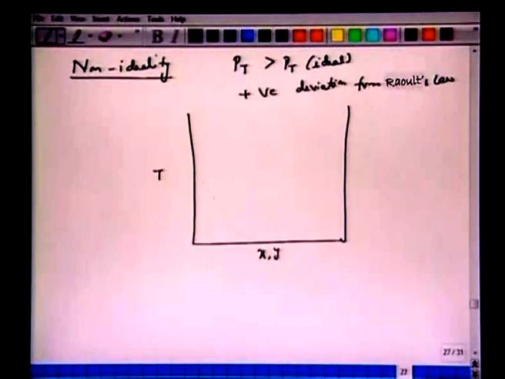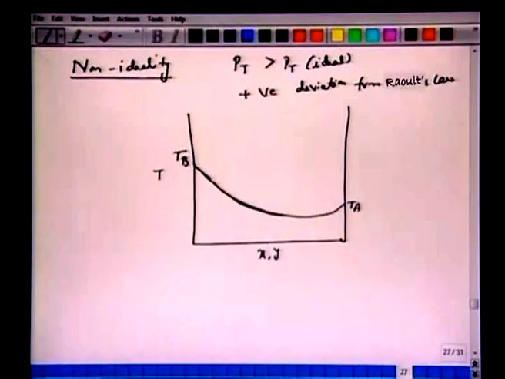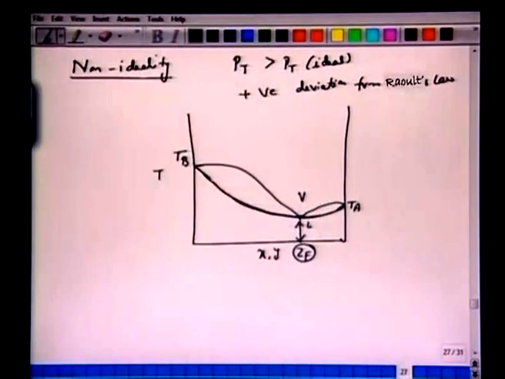then what we obtain is something like this qualitatively. Now we have T_B and we have T_A, and the bubble point curve reaches a minimum before it increases to this T_A, and if we plot the dew point, then we have a curve like this. So notice here, if we have this composition mixture of Z_F as a feed, and if we heat it, then the entire liquid will be converted into vapor without any separation. There will be a separation if we take a mixture smaller than Z_F. If we increase it, we have the bubble point curve here.